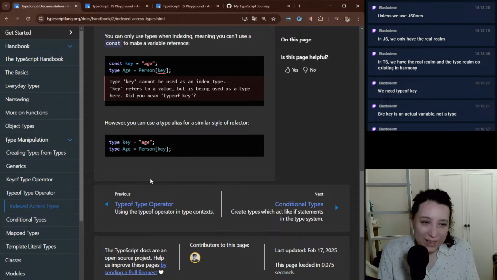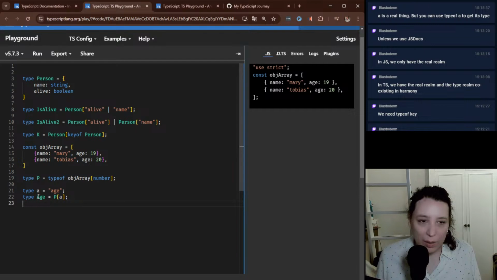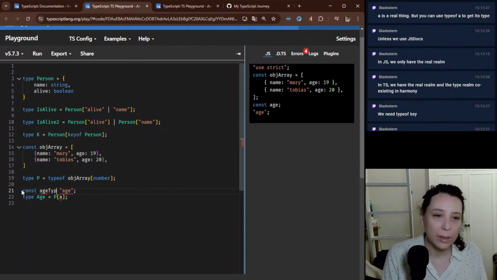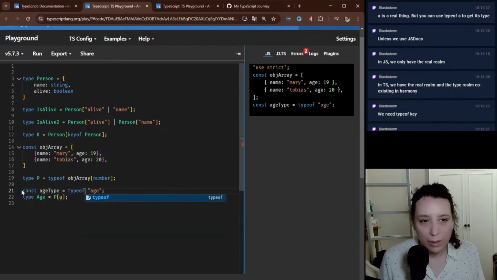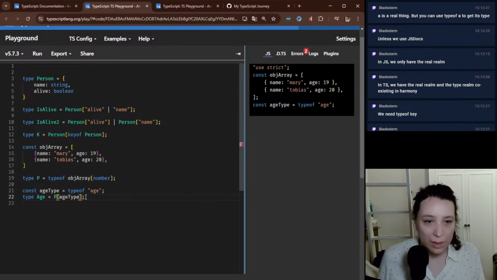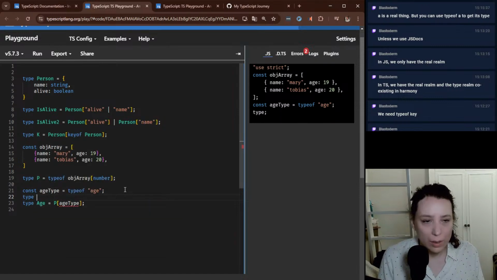We're done with indexed access types. There's no way I remembered all of that. Right, exactly. Well, if we use typeof to get its type, we'll end up with just string though. This will just be string. And then we can't do that here. But I guess if we do this,